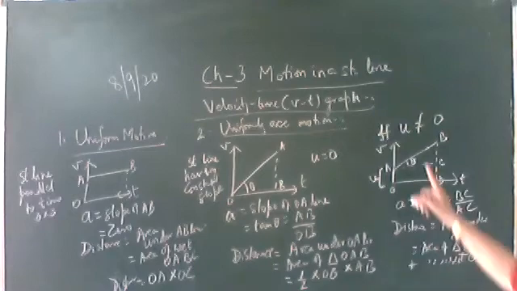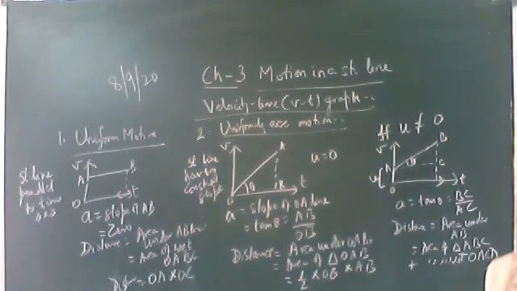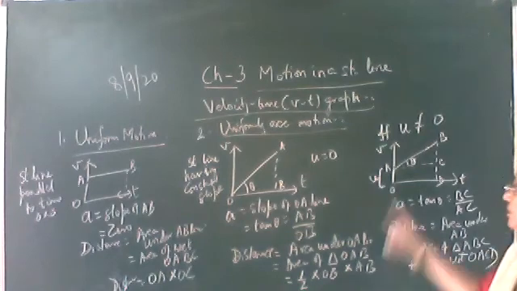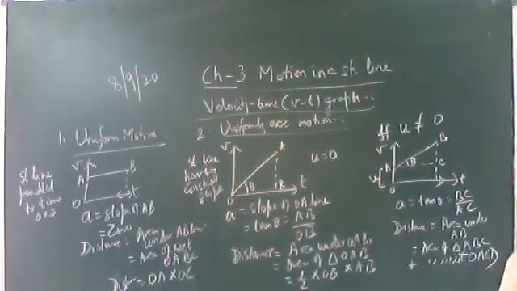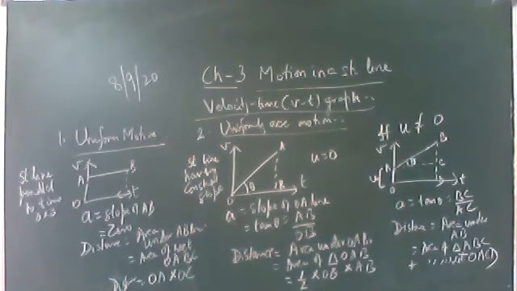For uniformly accelerated motion, the graph is a straight line having a constant slope. Starting from here, the initial velocity is 0. Starting from point A, it possesses some initial velocity, and this OA is giving the initial velocity. So here the initial velocity is not equal to 0. Draw all these graphs. We have drawn the velocity time graph for uniform motion and for uniformly accelerated motion.